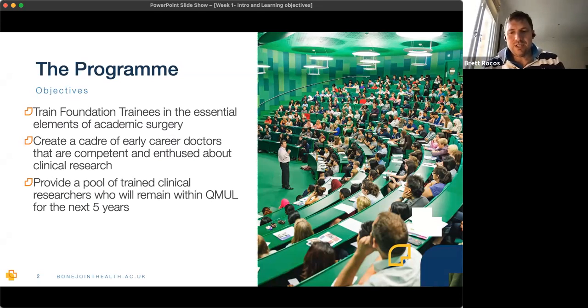essential elements of academic surgery. Now, we've said surgery because us and the faculty are generally surgeons and we work in academic surgery, but it applies across the length and breadth of medicine. And the great thing about academics is the principles are always the same. We're aiming to create a group of early career doctors and allied health professionals and so on who are both competent and enthused about clinical research. It really is much more exciting than you're led to believe in your undergraduate careers. And really, it's a chance for you to be really creative in medicine, where that doesn't always exist in the